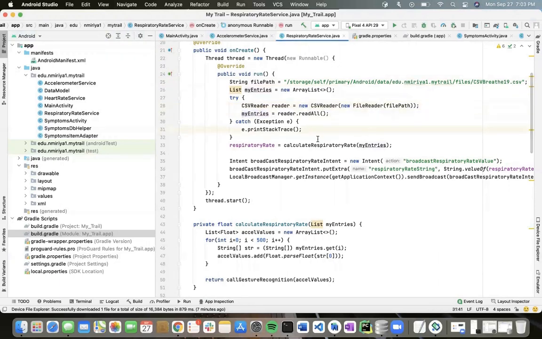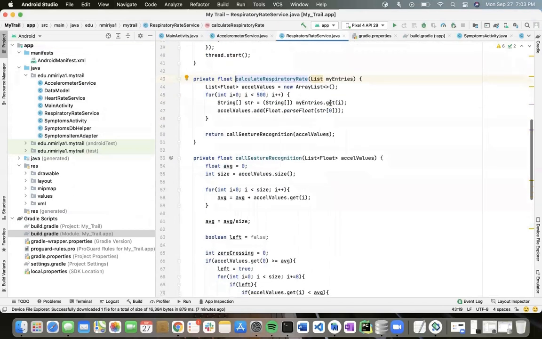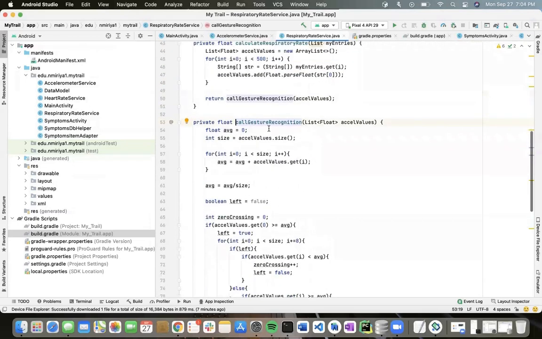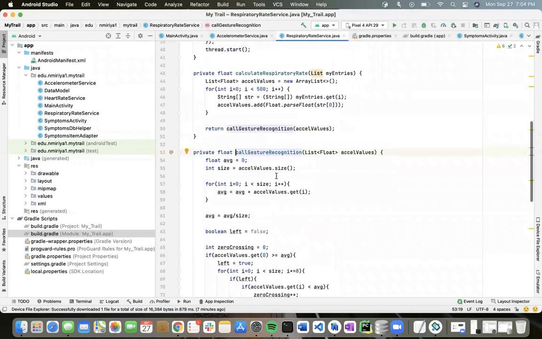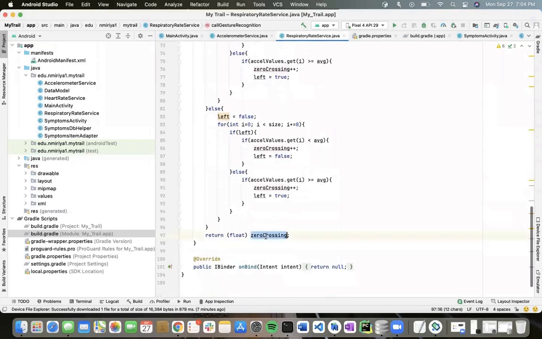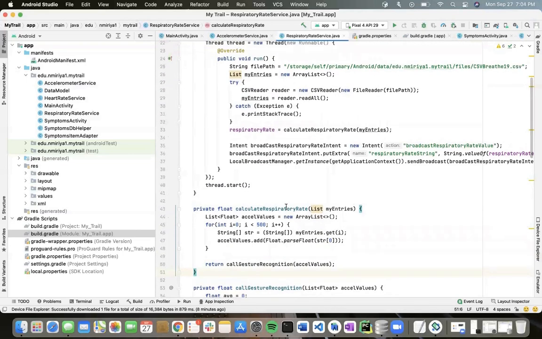Once we have the list, the values are stored as strings, so we convert the string values to float values and call our gesture recognition function, which will use the samples to get the zero crossing value, which will be our respiratory rate value. So this is how the respiratory rate is calculated.